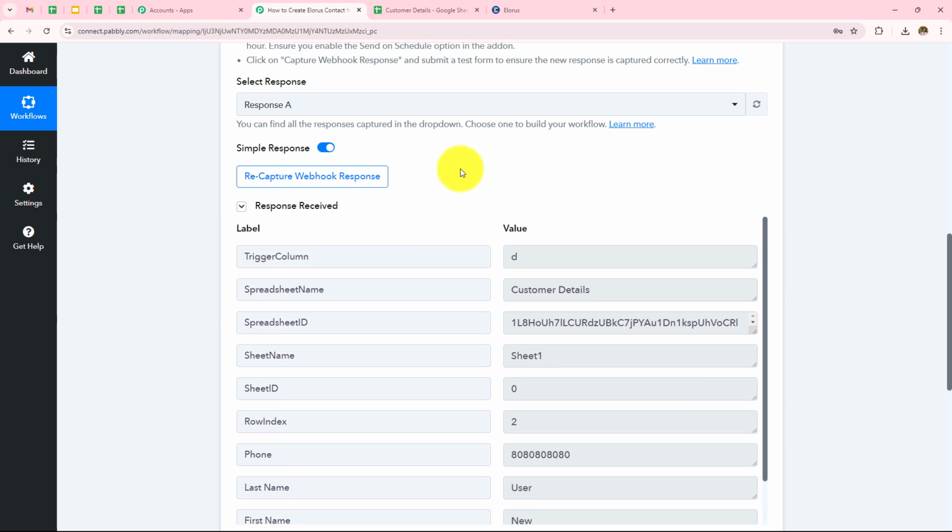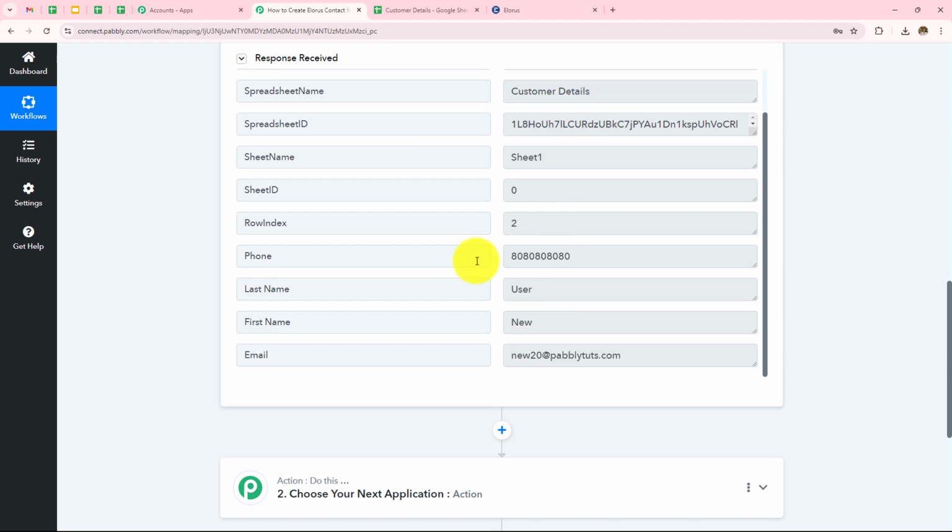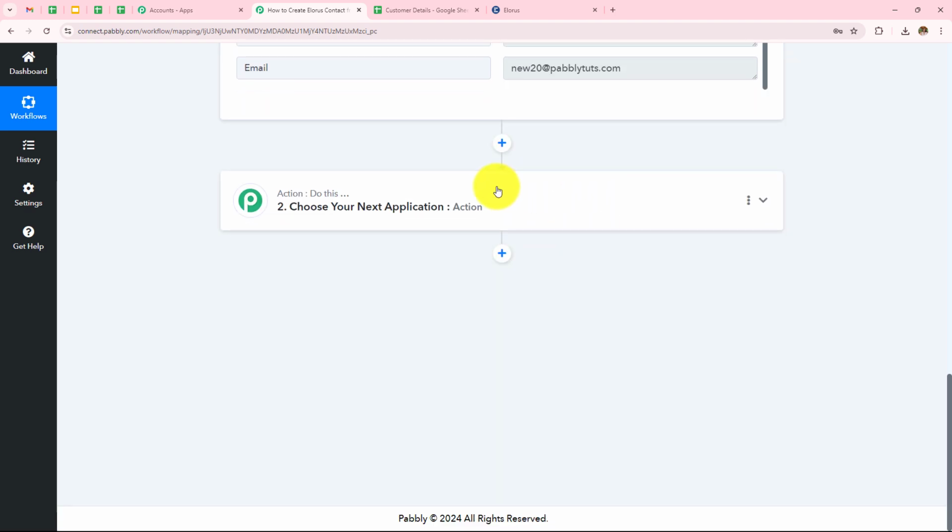And we can see we have instantly captured the response. Trigger column was column D. Spreadsheet name was customer detail. Phone number was this. First name was new. Last name was user. And the email address was new20@pabblytudes.com. This means Pabbly Connect is connected with Google Sheets and now we need to move to our next step,